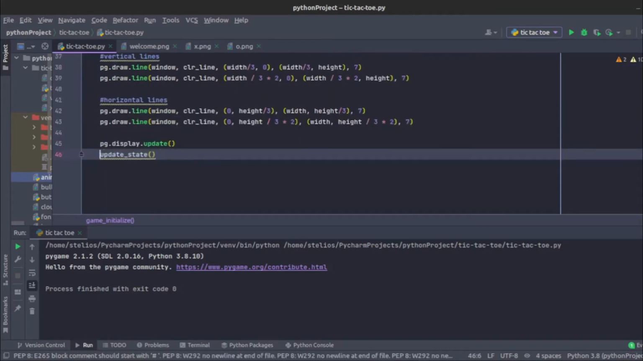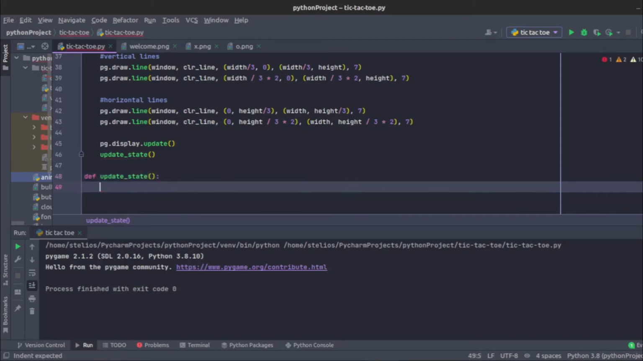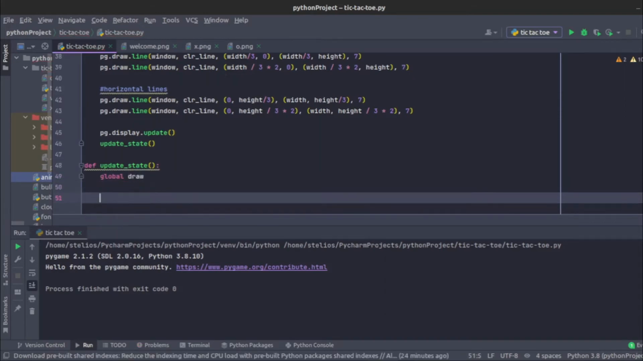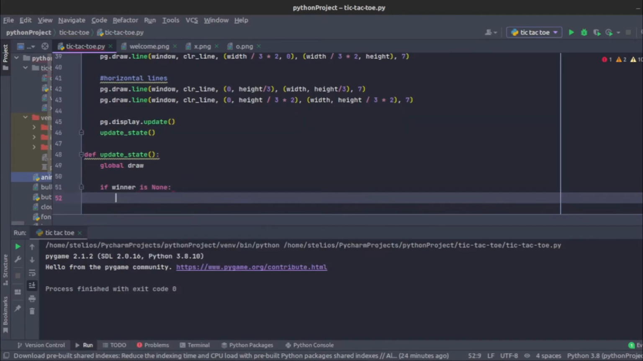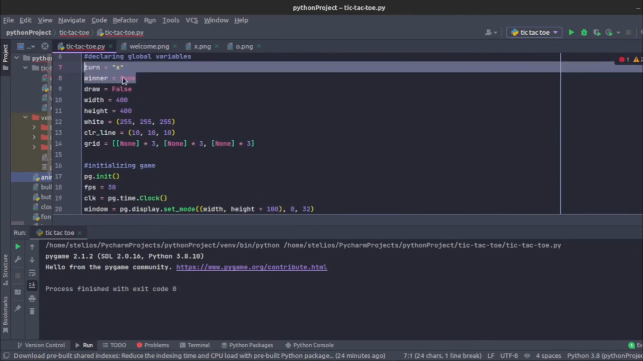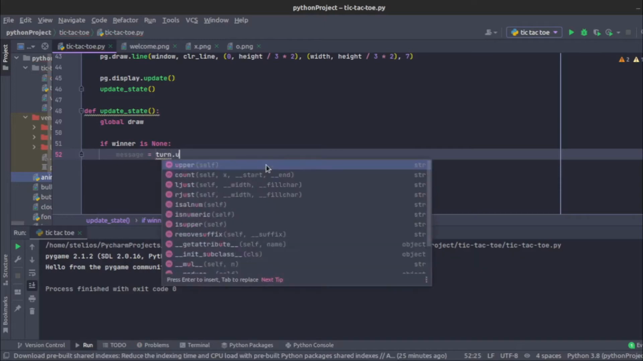And let's define the actual update state function. So define update_state. Now let's declare our global draw variable. And now let's check if winner is None. So if winner is None, and remember at the beginning of our game, the winner is actually None, then let's make a message that we set to turn.upper